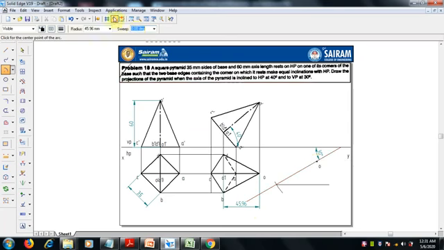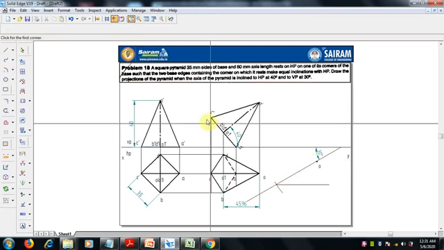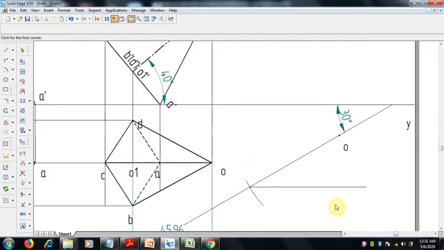Zoom for a clear view, and if you are not able to keep it here exactly, you can select this arc and automatically the center point will be visible. So there we can make the arc. Now this is the new O1.